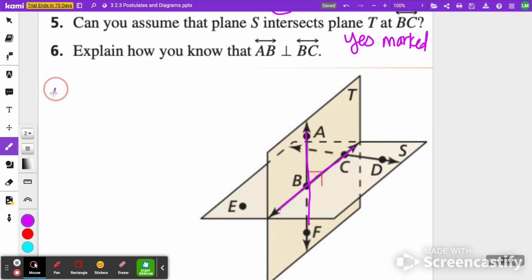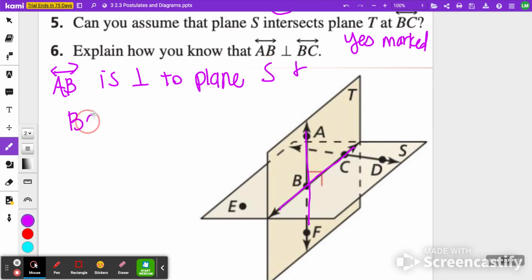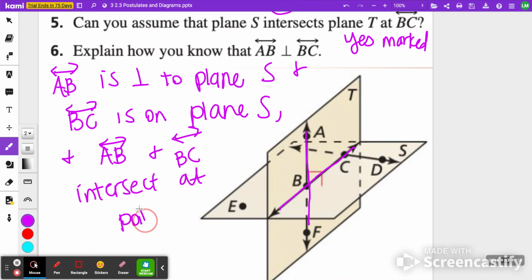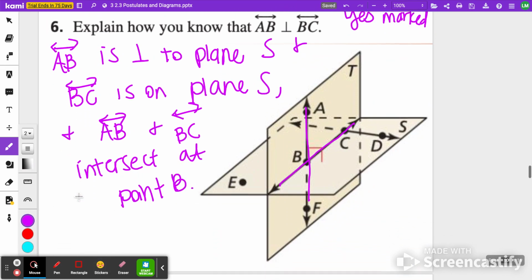Now, AB is perpendicular to plane S, and line BC is on plane S, and AB, line AB, and line BC intersect at point B. So because all of those things happen, we can say that they are perpendicular. That's going to conclude our notes for lesson